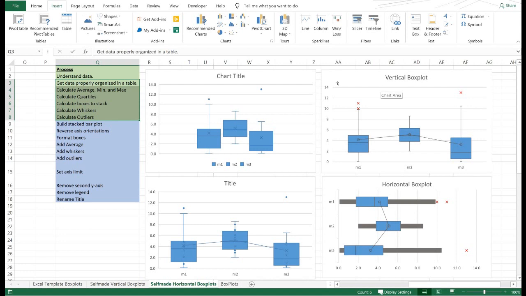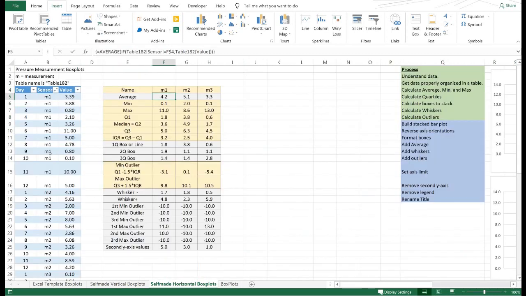I'm not sure of the exact title. Excel may change the name of this table to 182. It was 18 in the vertical box plot page, which is right there. This here changed it to 182. It's got its own naming convention. I haven't bothered to learn it. But the data we work with